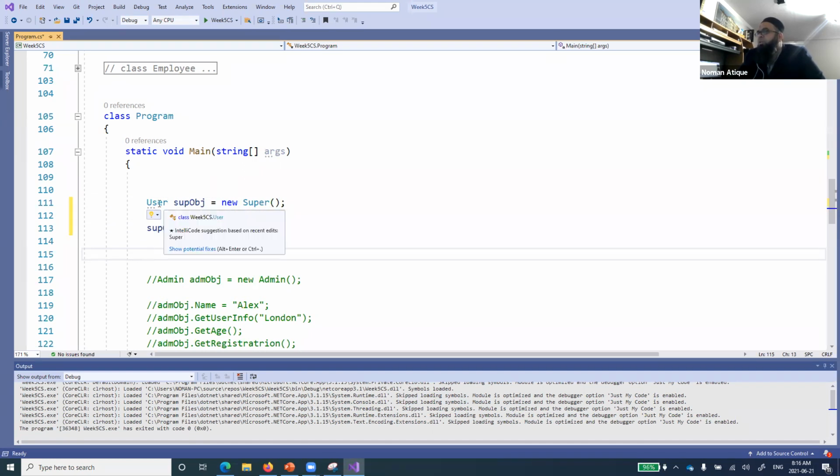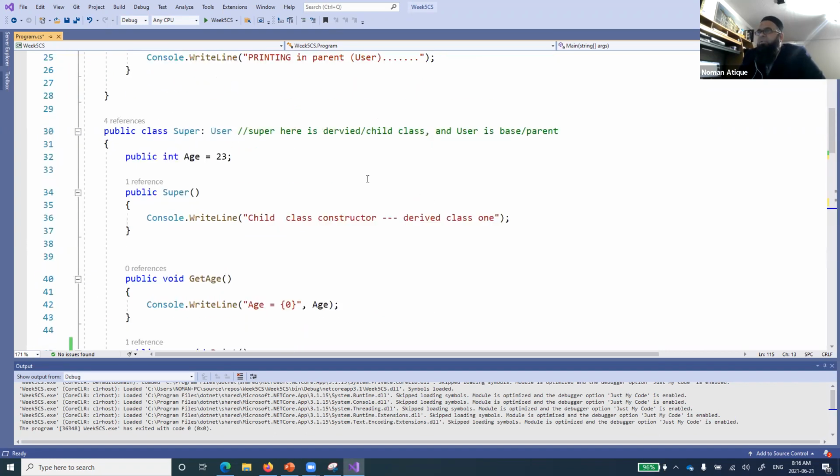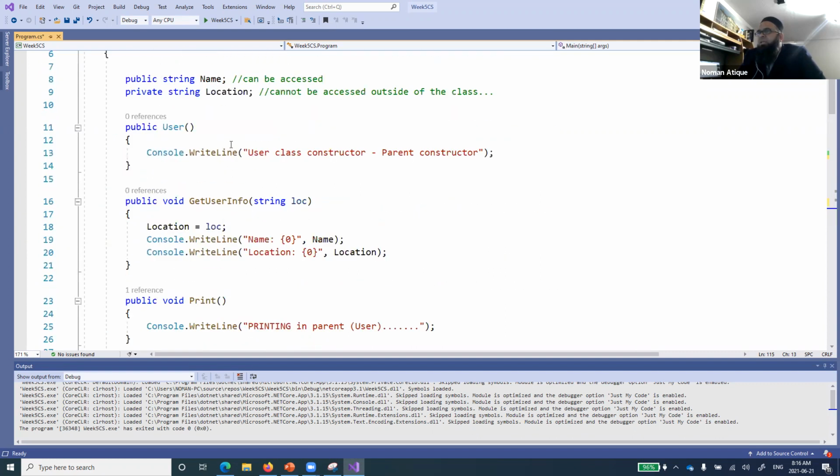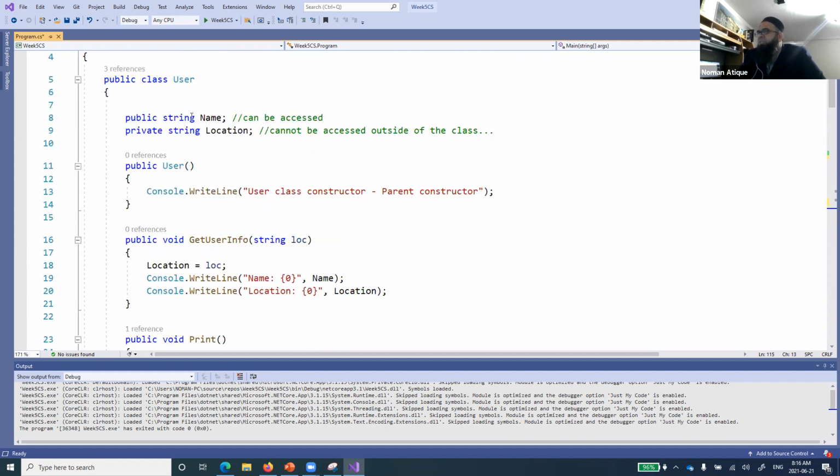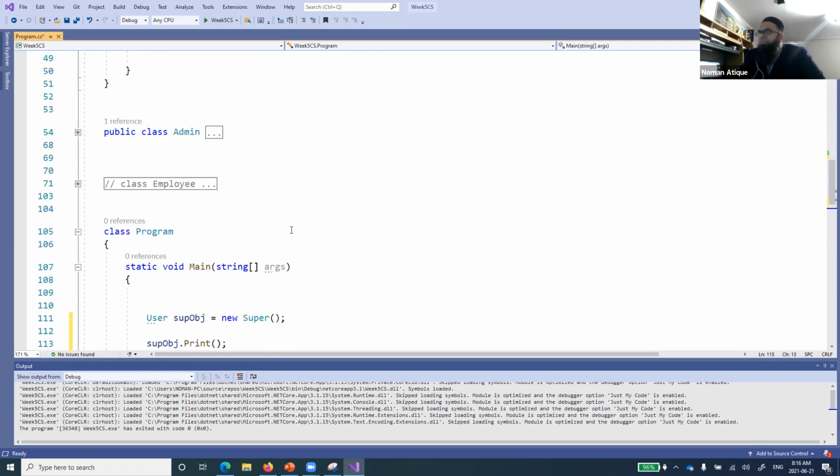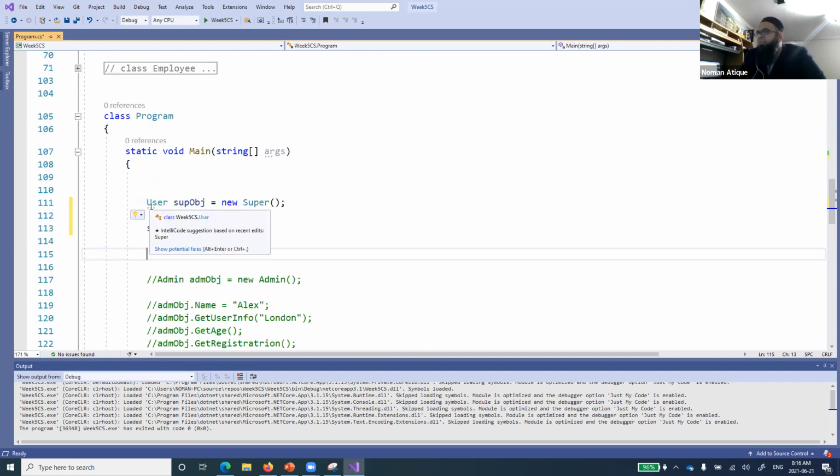What is the user? Remember, user is the parent class. If you come here, you see here, user is our parent class, the main class, which is just being used to instantiate the others. Now, what we can do is that I can define a reference variable of the parent class and assign it an object of the child class.